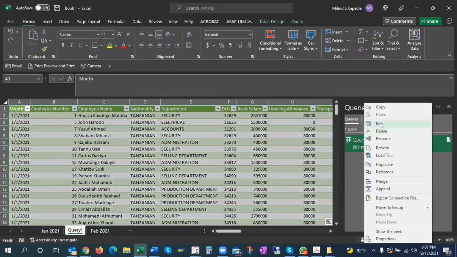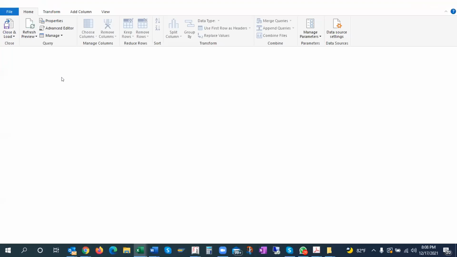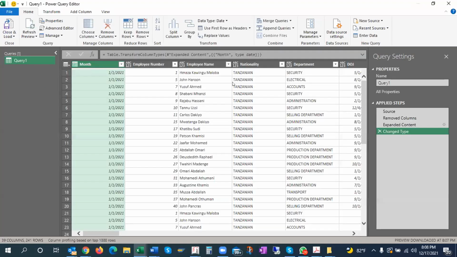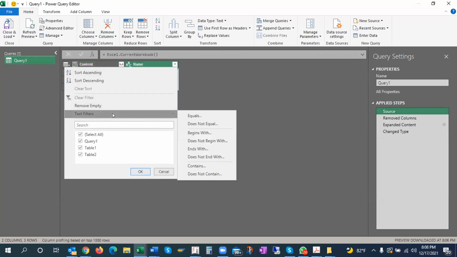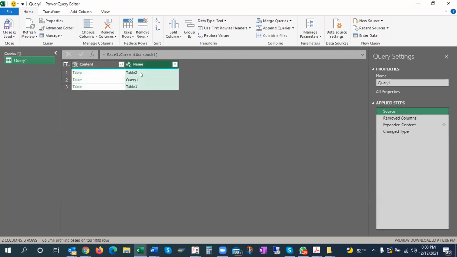So to resolve this issue, what we are supposed to do is, when we have this source, you see this query has come here. We have to choose what name we keep, table 2 or table 1 or salary or whatsoever. This is the name generated by Power Query automatically.